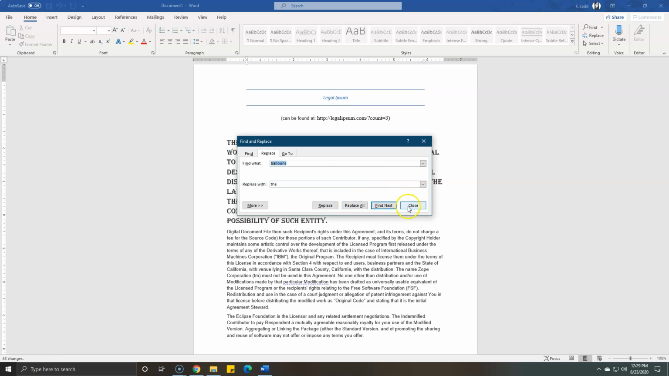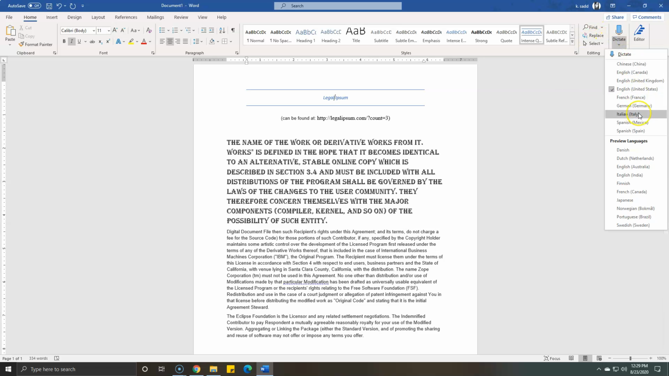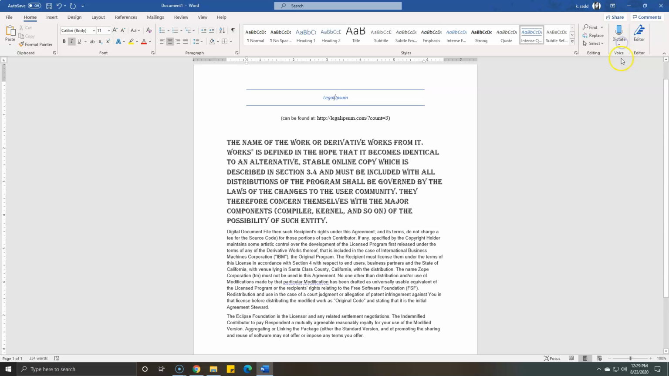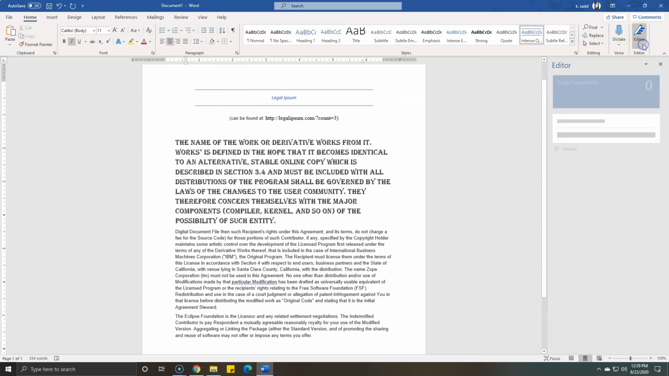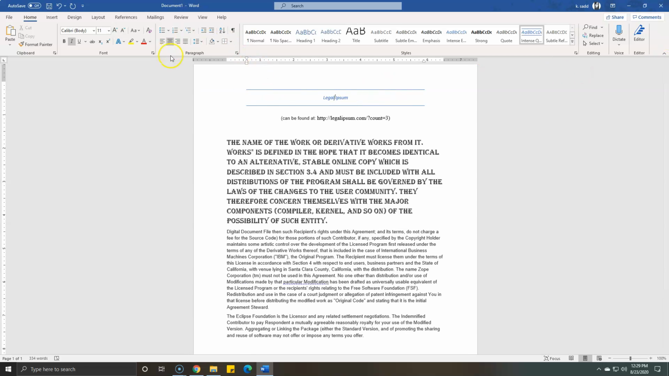You can select everything. You can dictate, so if you want to speak to your computer instead of typing, you have editor. So it just basically tells you your spelling, your grammar, your conciseness, clarity, formality, punctuation, vocabulary. So if you go on to your Insert tab,